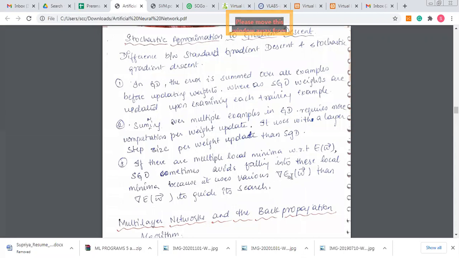E of D is complete with respect to all its samples, whereas E with respect to W is for only one particular sample. As I told you, sometimes it will overshoot, sometimes undershoot, again overshoot, undershoot. It will not reach its local minima easily. You will have these variations or oscillations all the time because every instance performs a weight update.